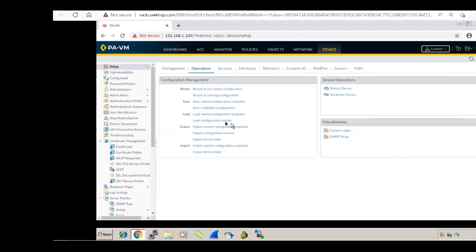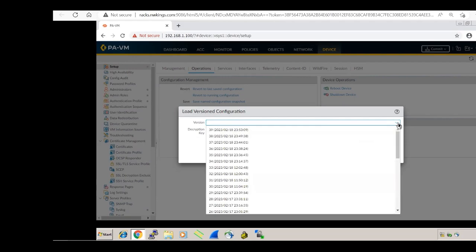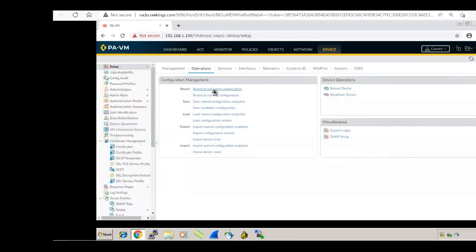Let's cancel it first. See that load configuration version. If you click on it, guys, see that is very important. Load version. Okay, so what is load version, guys? I'm explaining. Come again. Okay, revert means